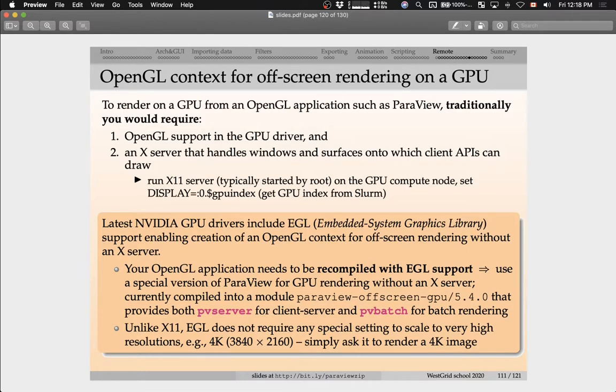To render on a GPU from ParaView, traditionally you would require OpenGL support in the GPU driver and also an X server, so basically a windowing system that is running on the compute node that is hosting the GPU card. And then the X server will let you open windows, and then you will render into these windows from a GPU. However, for the past few years, NVIDIA drivers have a special layer called EGL, which stands for Embedded System Graphics Library, that lets you create an OpenGL rendering context without requiring the live windowing system, so without requiring the